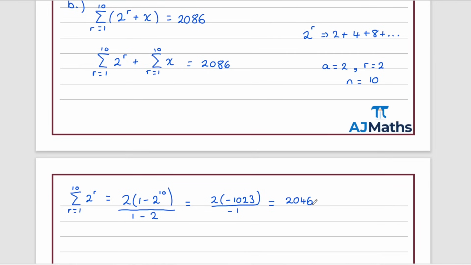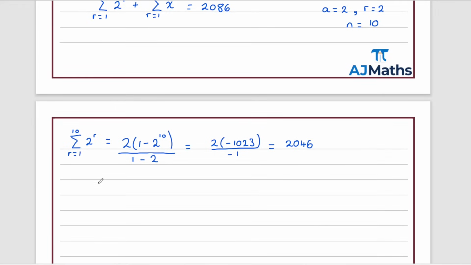Okay. Now, what about this summation here? Okay. Well, like we said, x is just a constant. So you think about summing a constant up here. Okay. Let me just write down the sigma notation here. The series. Got the series of x here. The summation of x from r equals 1 to 10. And with x just being a constant here, what I can do is use linearity and take the x outside the summation here. So we can write this as x lots of the summation of 1 from r equals 1